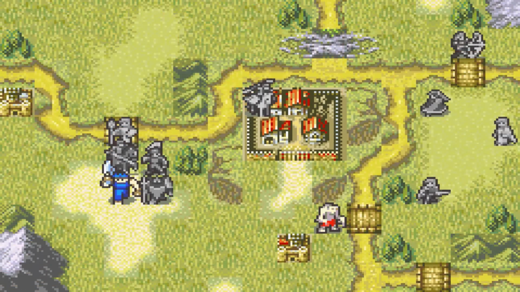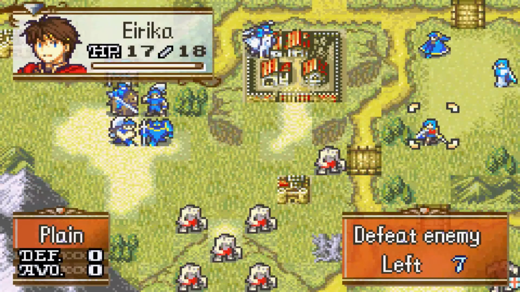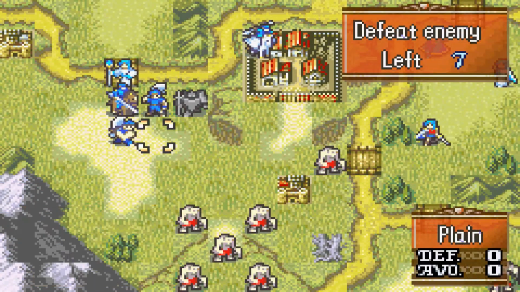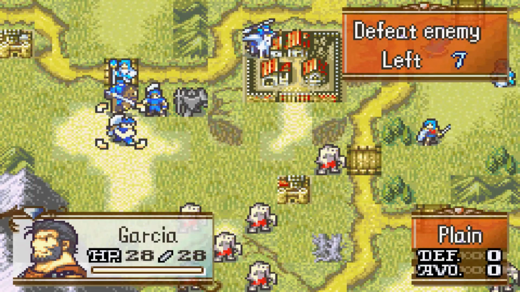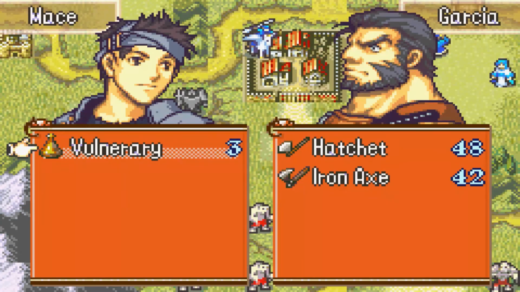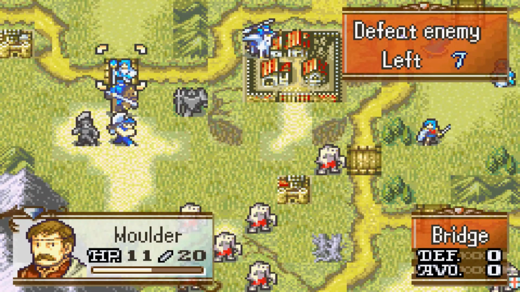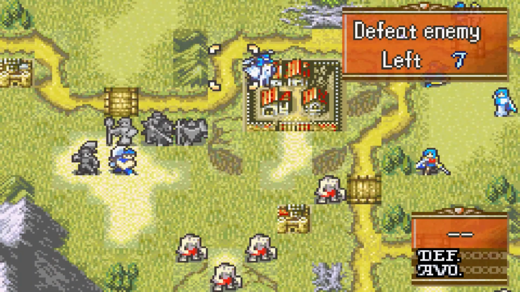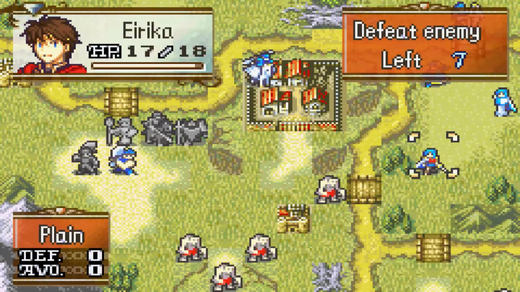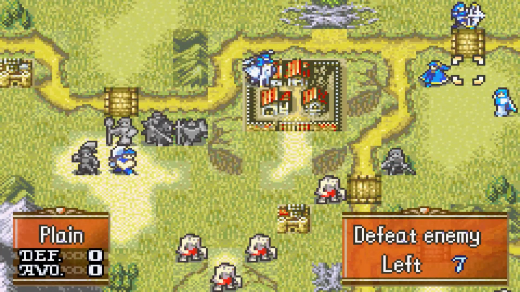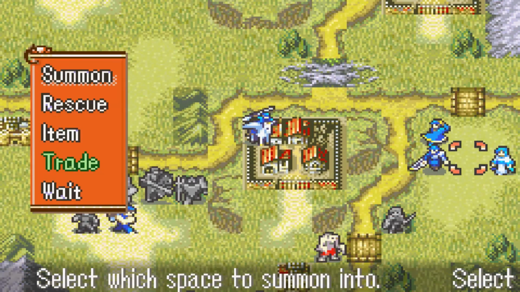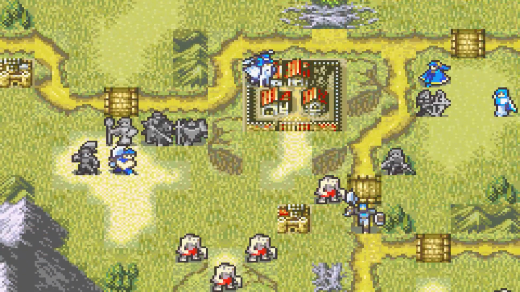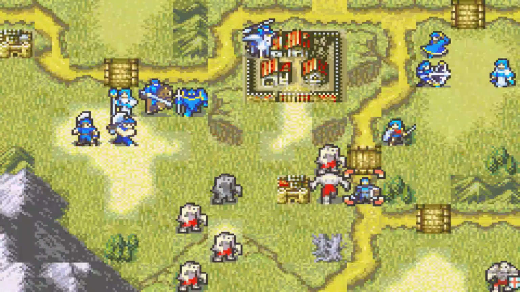Let's move the rest of the gang over here. Aha, there they are. Good day, sir. Let's put... Where do these guys... Okay, let's put Mace, Hatchet, and Franz over here. Gilliam should be fine. If he dies, then I'm disappointed. Let's put myself in the forest over here, trying to tank the opponents with my dodgy skills. Summon a phantom so that we can actually distract some of them. Alright, there we go. Now let's see what happens.